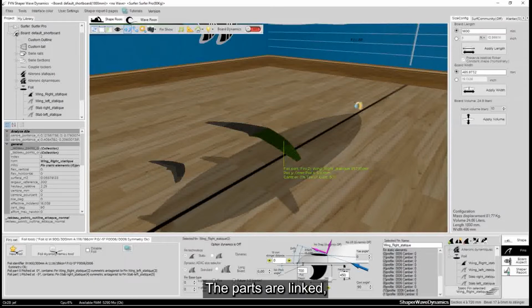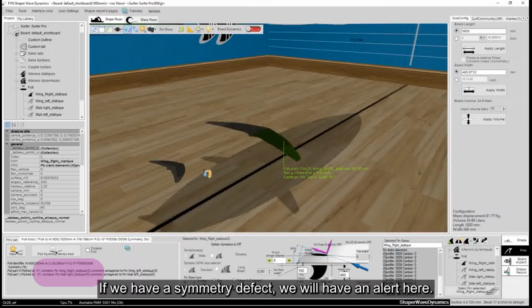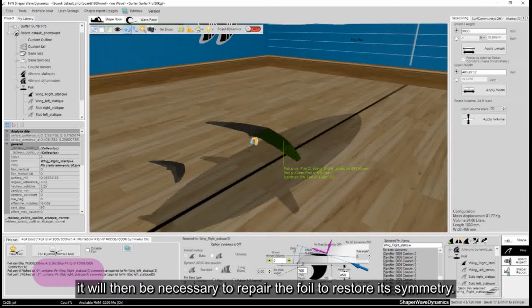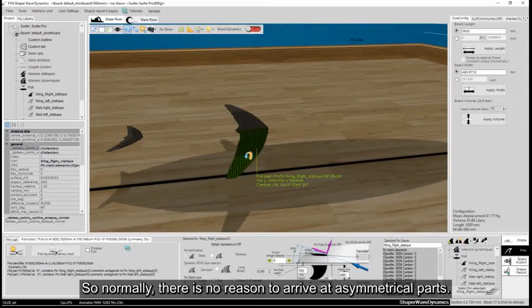The parts are linked to maintain the symmetry of the foil. Here we have an indication that shows us that the symmetry is okay. If we have a symmetry defect, we will have an alert here. It will then be necessary to repair the foil to restore its symmetry. So normally, there is no reason to arrive at asymmetrical parts.